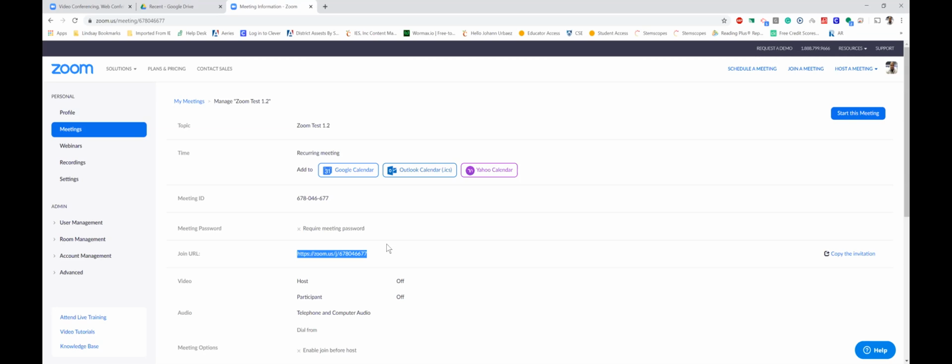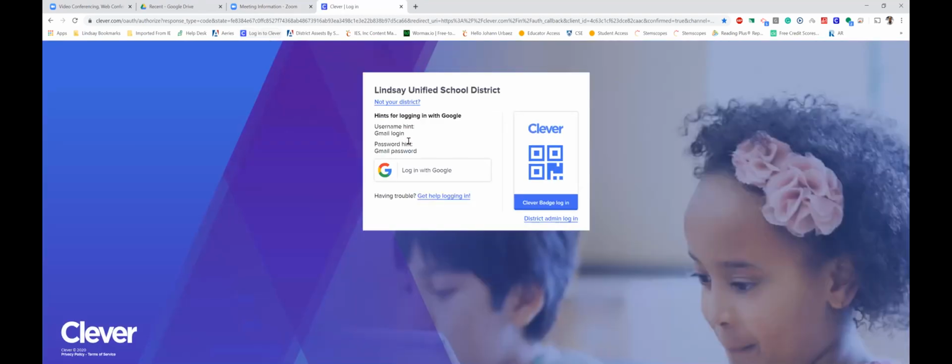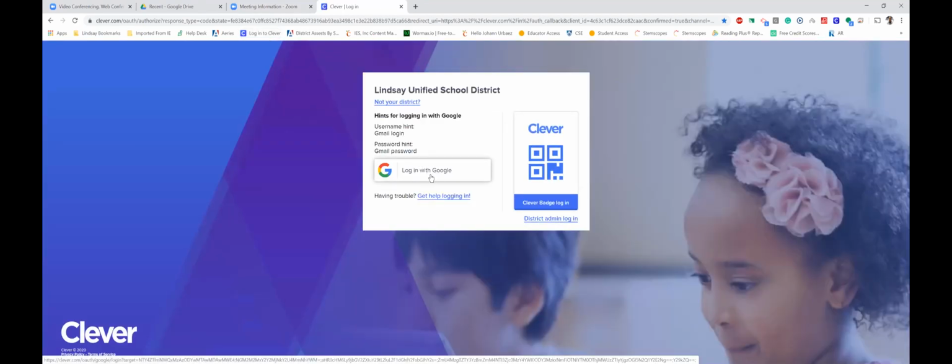Now from here, we're actually gonna leave Zoom and we're gonna go to Clever. Now I understand that not all the K1 learners use Clever. Now, if they are using it, this is gonna be very simple for them. If they're not, then we're gonna have some resources available coming up where your learners wanna learn how to access Clever. So you're gonna open a new tab, you're gonna log into Clever. Now I'm using Ms. Mendonca's account to do this, so sign in with Google.